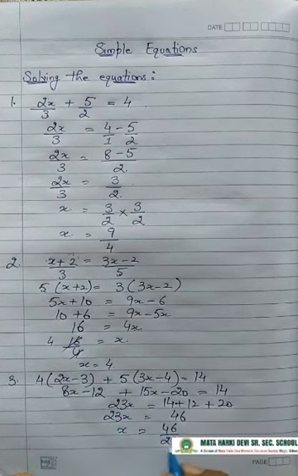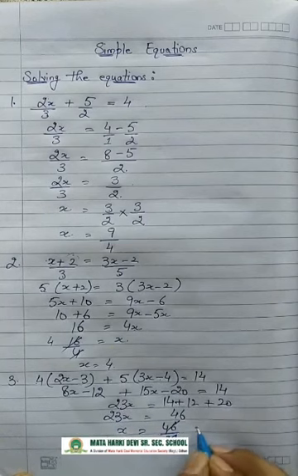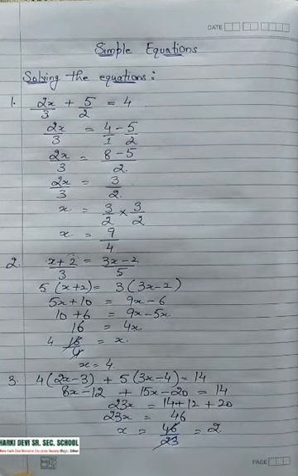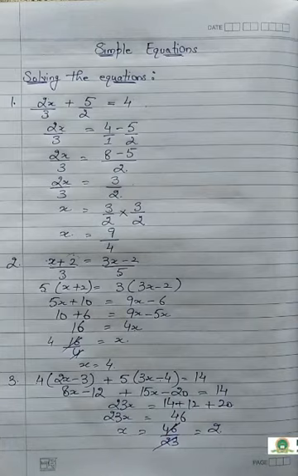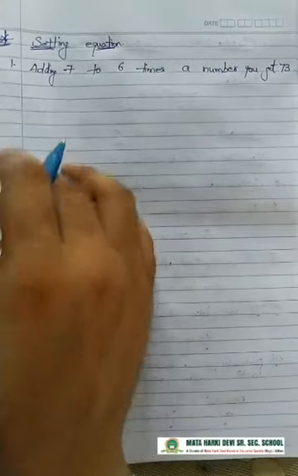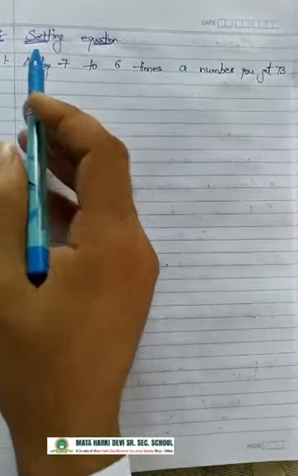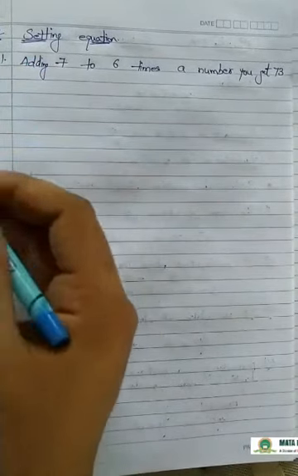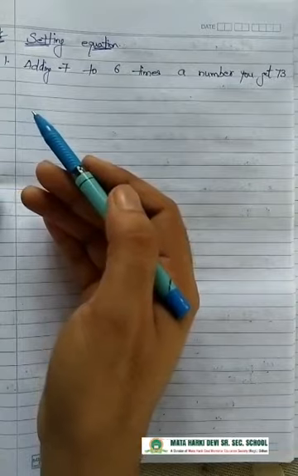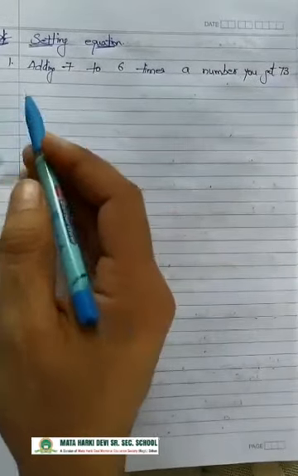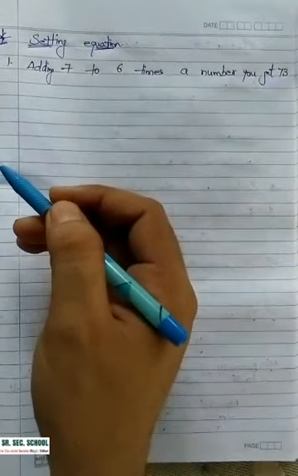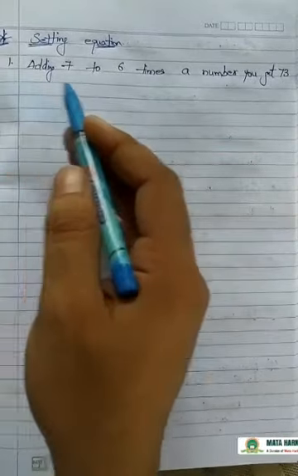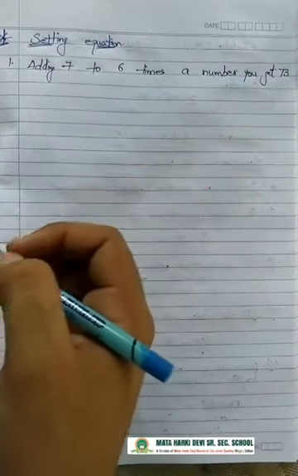It is multiplying, so it will divide here and the value of x will be 2. Okay, so earlier we saw you were having pre-made equations. Sometimes you have to set up the equations on your own by reading the language form. So how can you convert this language form into equational form?